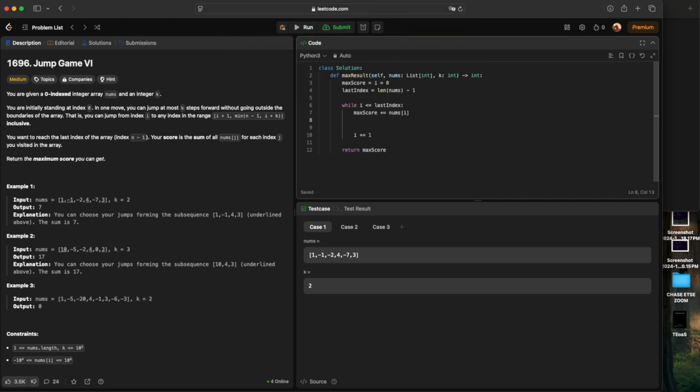My next step will be anywhere within the range of i plus 1 to the minimum of i plus k or n minus 1. So,